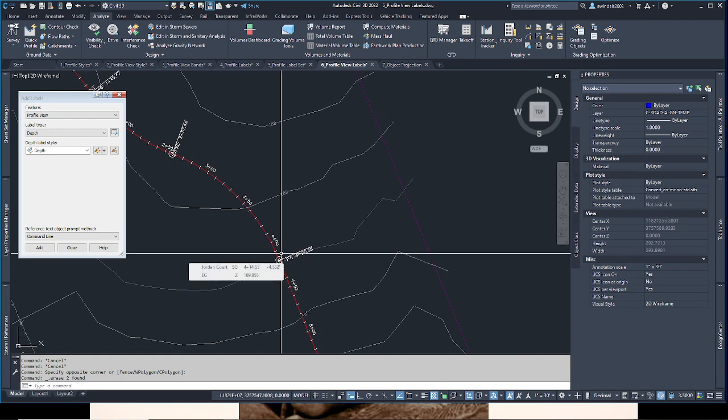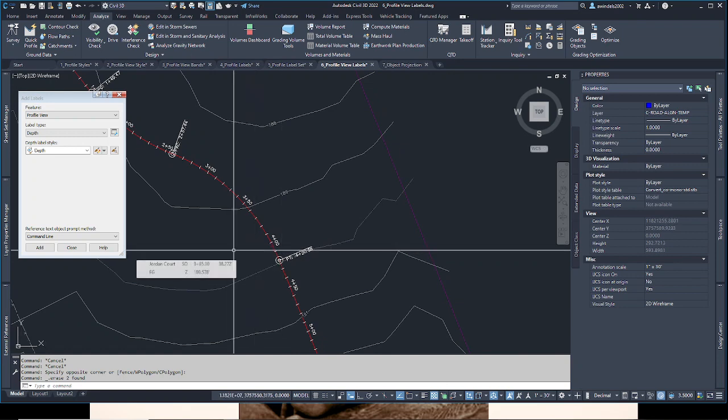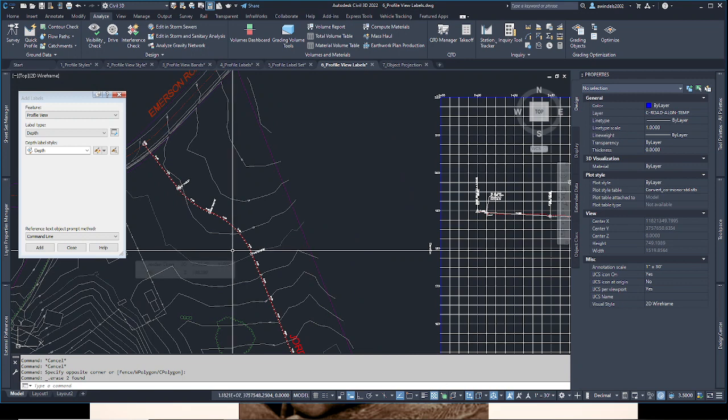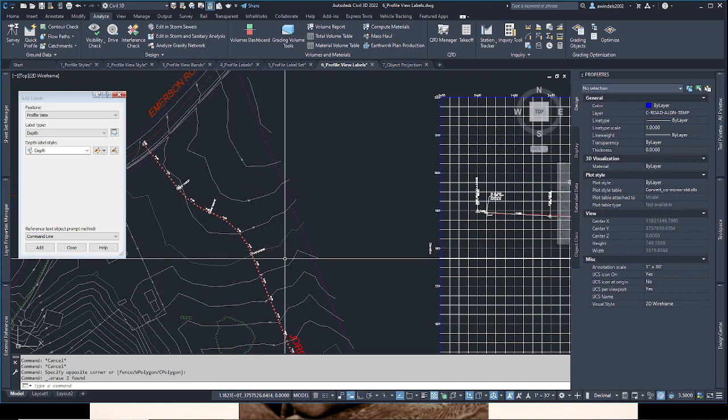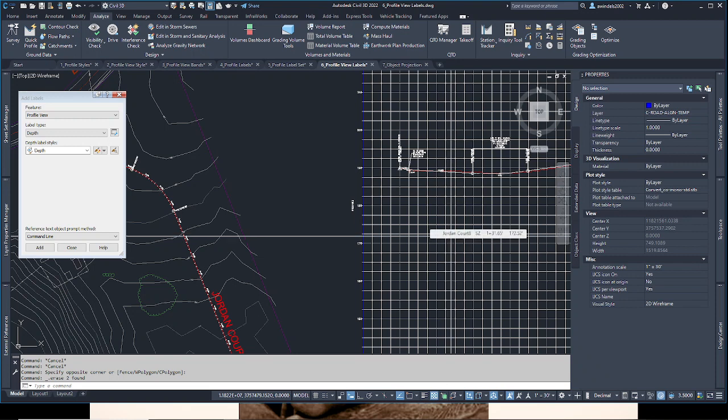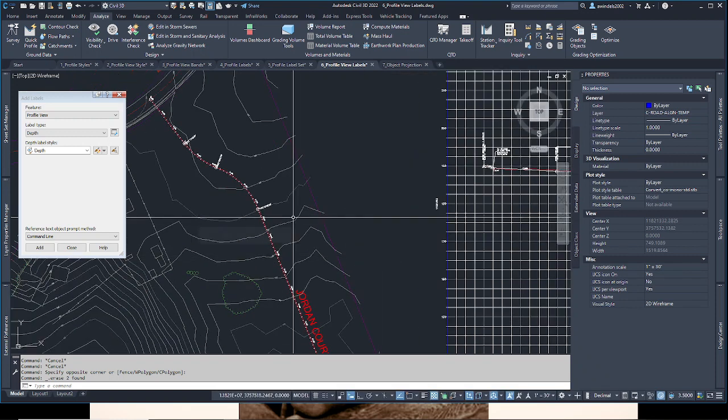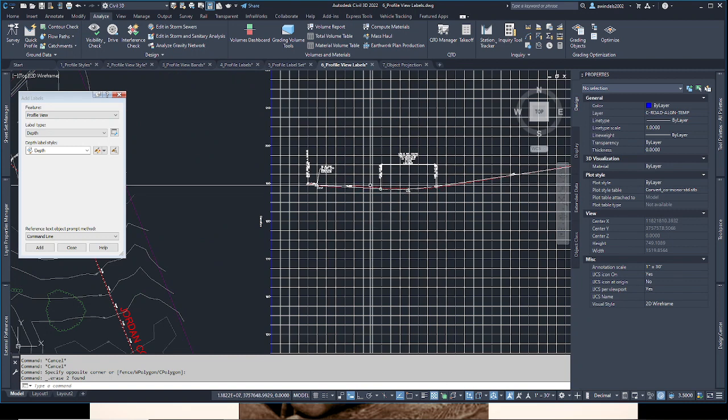For linear objects that are drawn in 3D, it's easy. They will draw our 3D, for, say, a 3D polyline or a feature line or a survey figure. Those, or even similar objects, those three are typical. They'll show up on here in the right elevations. For 2D objects, we have to have elevations provided. In 2D objects, generally it's just one elevation. Sometimes it's not, lines being one. The elevations can be derived from a surface or a profile. So we can snap them up from a profile to snap them to it, or from a surface like this